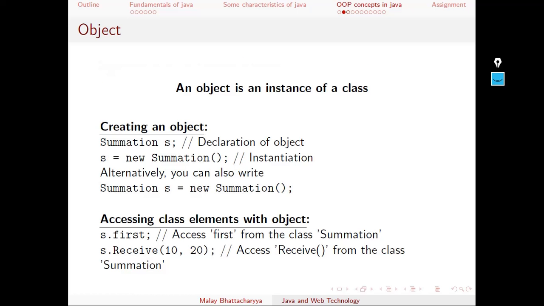So in the previous class, we talked about classes and objects, and how we can create objects of a class and how, through that particular object, we can access the members of a class. So we have seen that, and what we have done, we have created a class, and then we have created